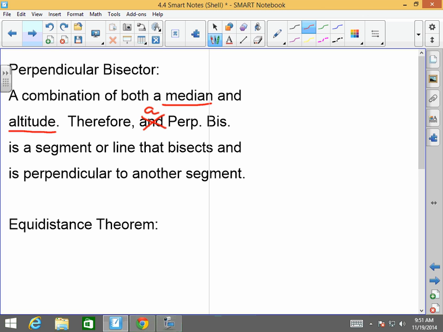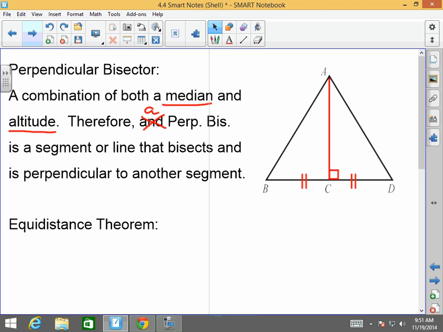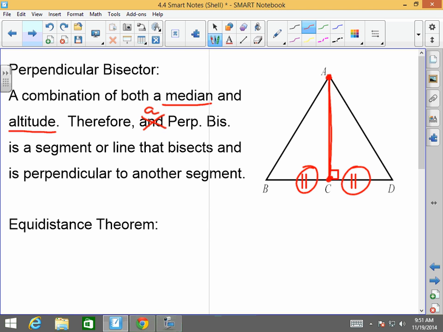How would we visualize this? Well, right here is a perpendicular bisector. AC here both bisects segment BD and is perpendicular to segment BD. It's a median because a median generates from a vertex, just like AC does, and bisects the opposite segment,